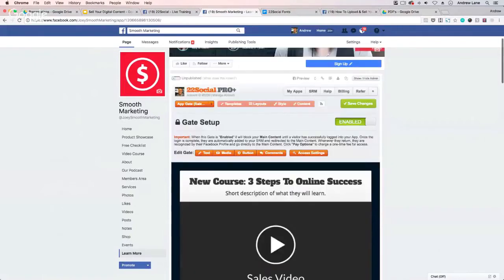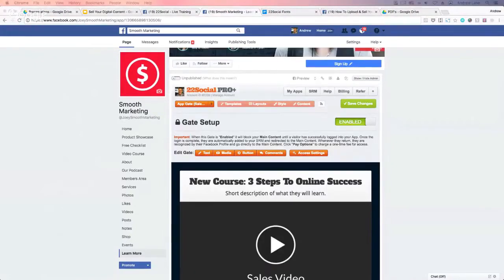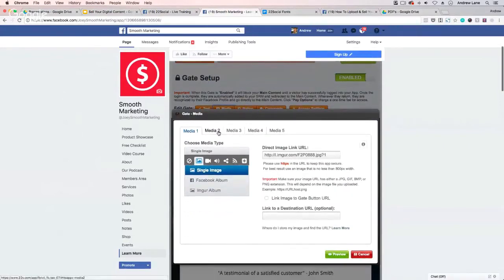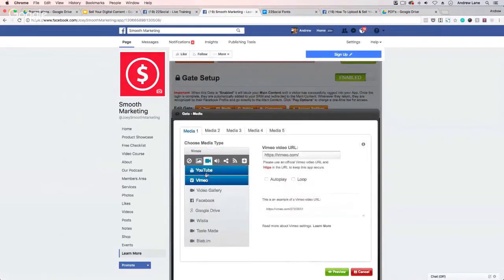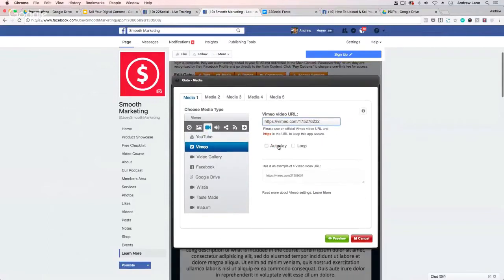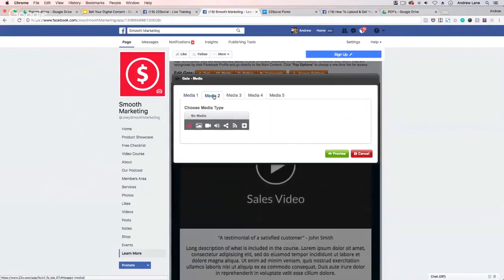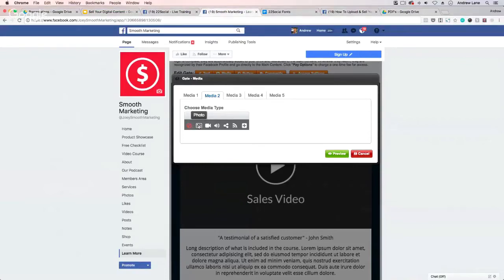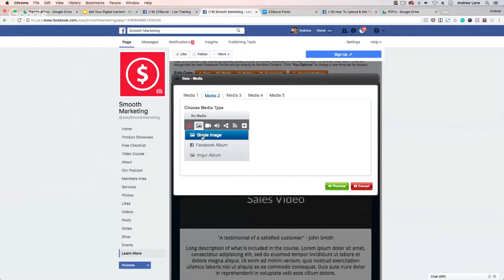Okay, so what I'm going to do in this case is load in, let's use that same video. Usually a sales video is going to be ideal. Media 1, I'll go ahead and load in a video. Maybe I'll autoplay it. Media 2, right below that video, you could have possibly an image. And I'm going to show you something cool, what you can do with that image. Let me find one here. I think this is it. So if we put in a single image,